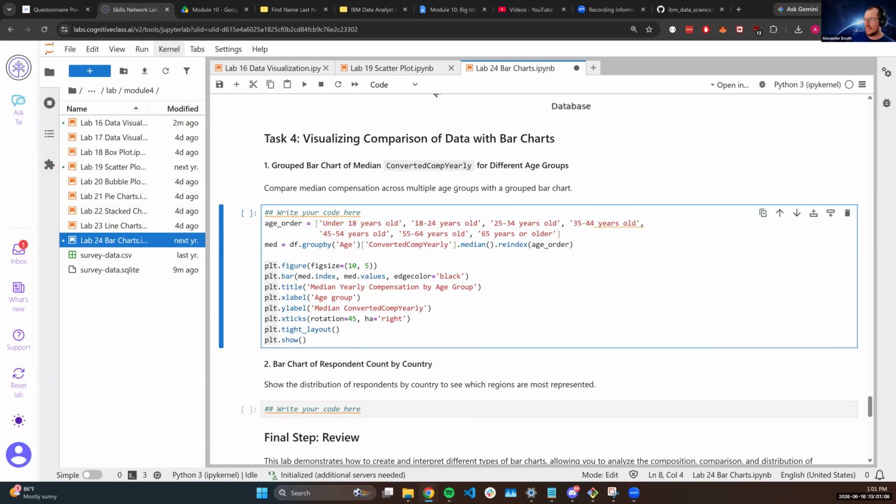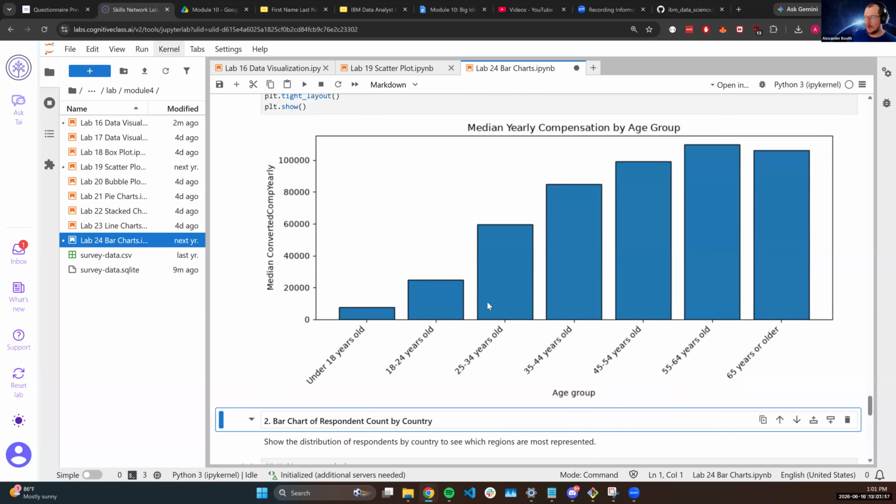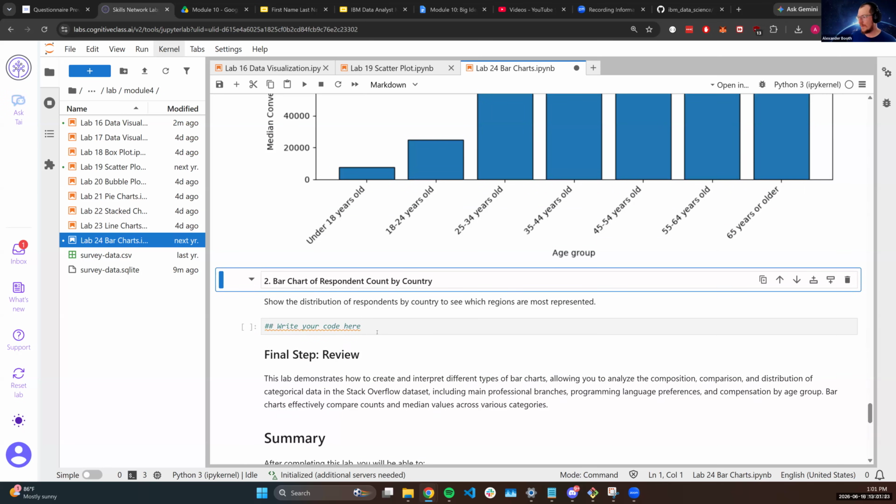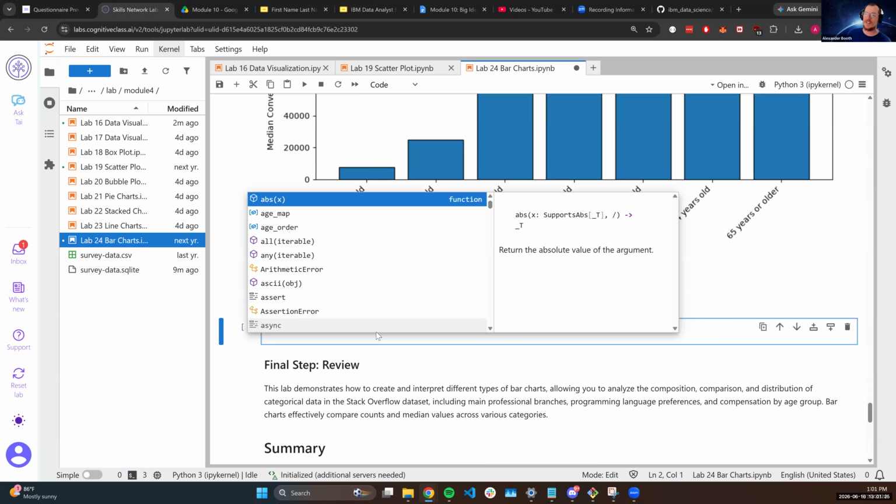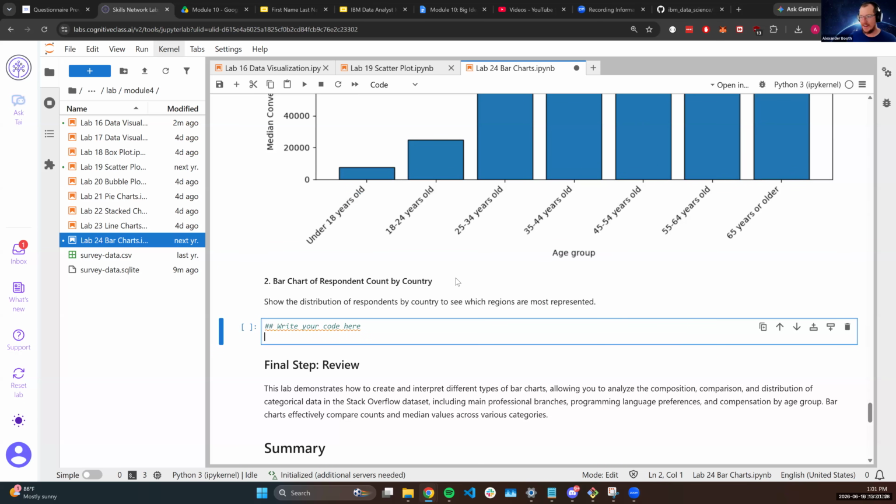But again, this is just looking at age groups, and that's it. So our x-axis is just the age groups, and then we're looking at the median compensation. So this ends up just being a regular bar chart instead of a grouped bar chart, but I guess it uses the age groups. Again, don't overthink or overanalyze the instructions or the requests